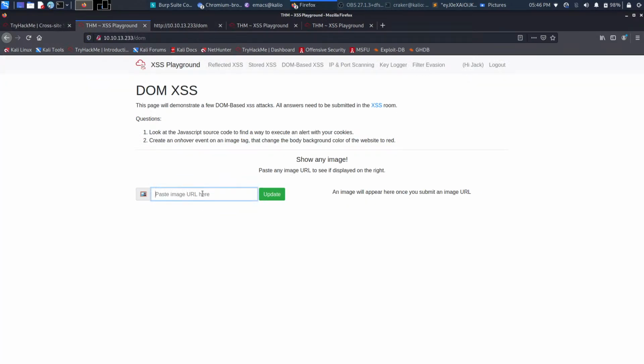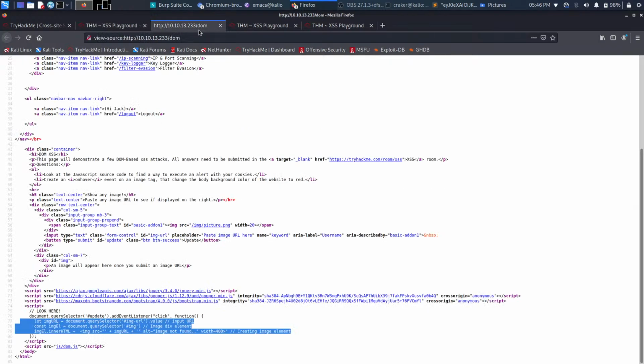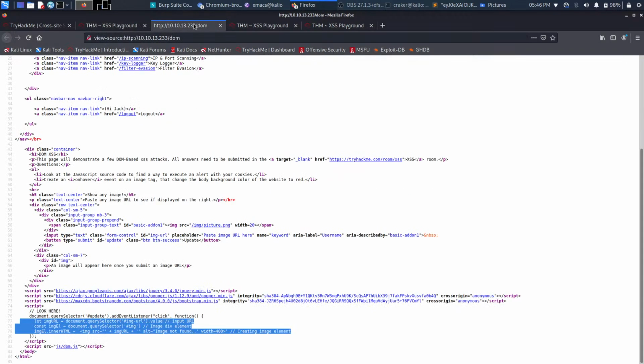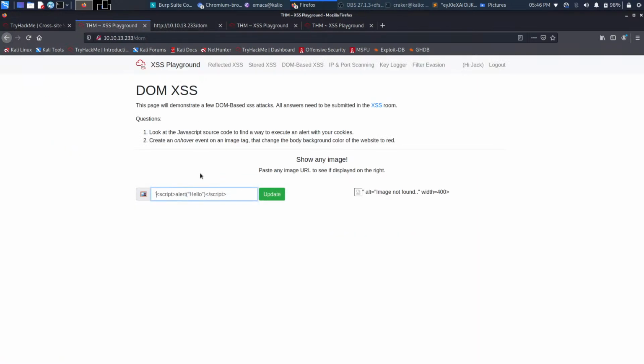Okay, so can I not do like this? Image not found. Okay, so image URL, right? So I can do this. Then the image source will be closed, and then I can just do